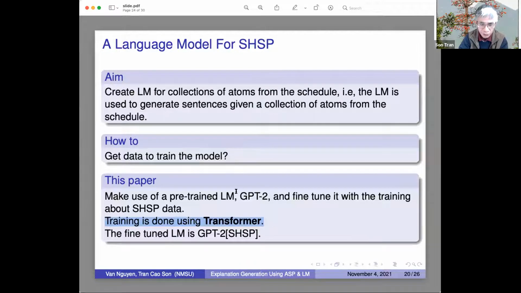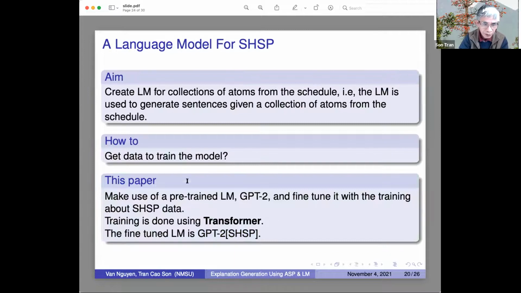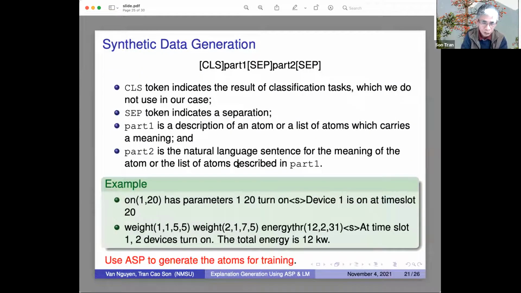So from GPT-2, getting all the data, we call the new language model GPT-2 or SPS. This is the model that we can generate with, right? And in order to generate the data to train the model, what we do is, first of all,